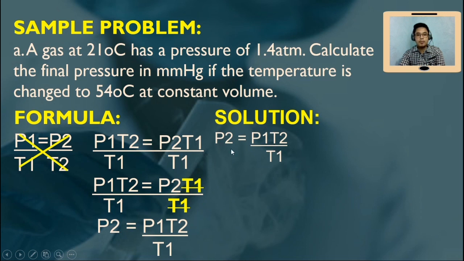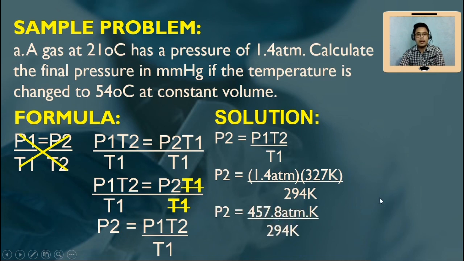And this formula will be used for our solution. So just copy the formula. P2 is equal to P1 T2 over T1. And then substitute natin yung mga given kanina, which is yung 1.4 P1 natin yan. And then 327 Kelvin is our final temperature. And then 294 Kelvin is our initial temperature. Okay, perform lang natin yan. 1.4 multiplied by 327. It will give you the answer